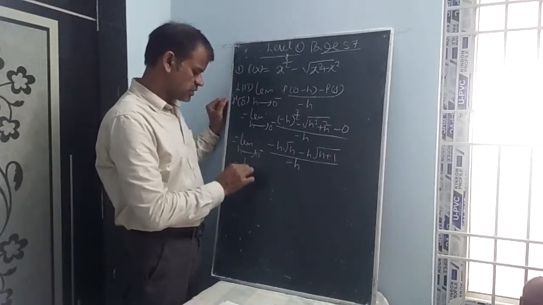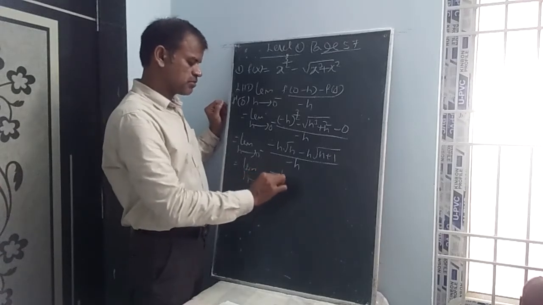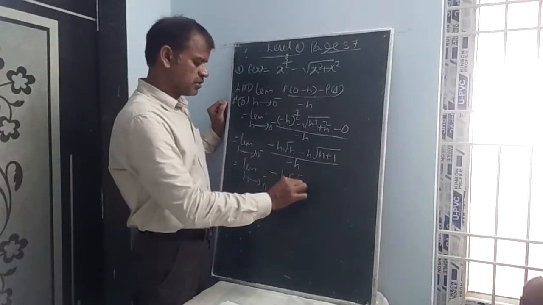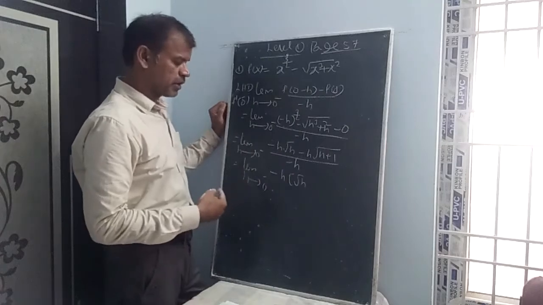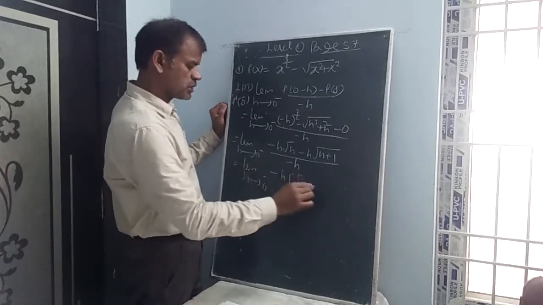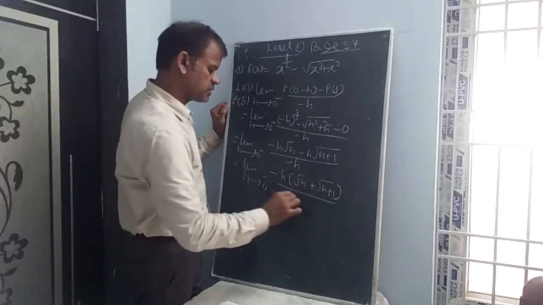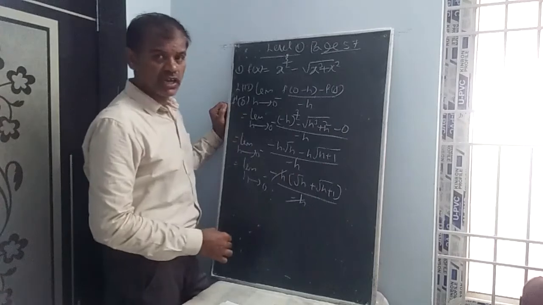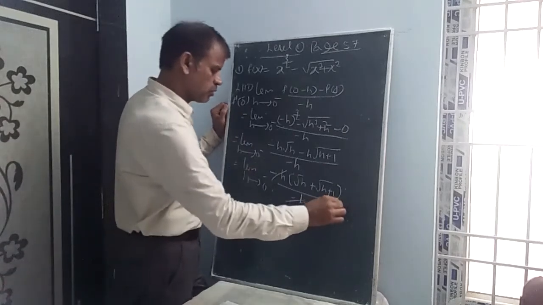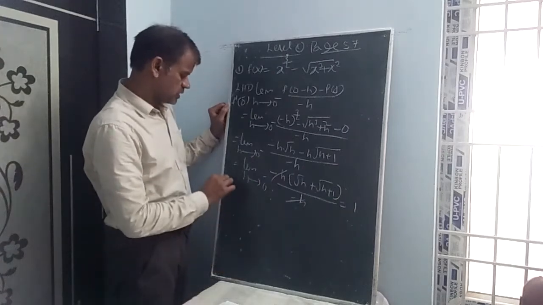That is equal to limit h tends to 0 minus. Take h common within the brackets. In the numerator I am taking minus h common: minus h into square root h plus root of h plus 1, whole by minus h. Minus h gets cancelled. Substitute here at 0. So that is 0 plus 1, answer 1 we got. In the similar way,